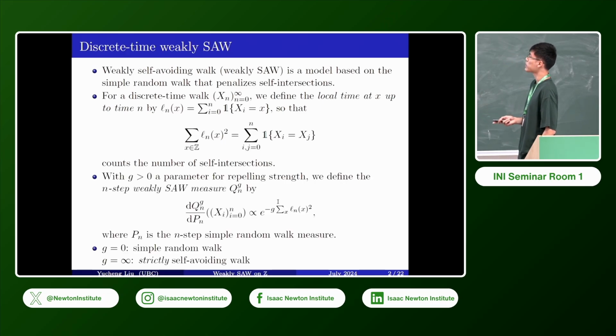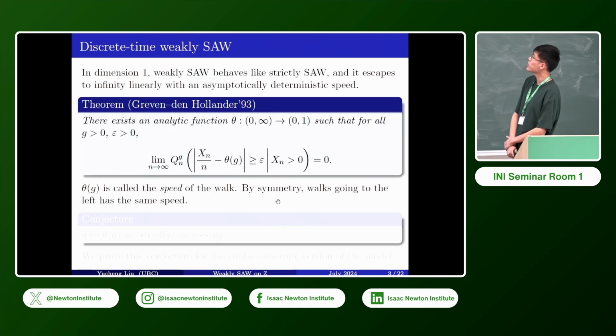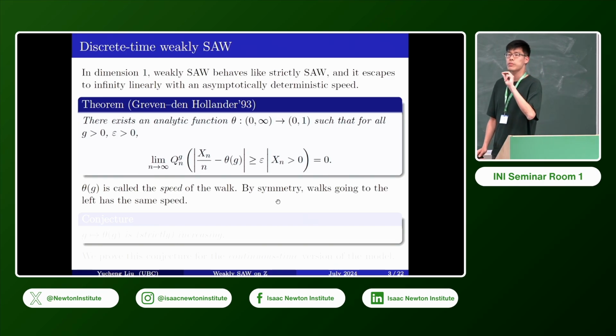So the definition will just be with a parameter g, that is the parameter for repelling strength. We define the weakly self-avoiding walk measure Q_{n,g} just by this derivative. dQ over dP_n should be proportional to exponential of minus g times the number of self-intersections, where P_n is the simple random walk measure. So this is a well-studied model. For g equals 0 it is the simple random walk, and for g equals infinity it is the strictly self-avoiding walk. So in dimension 1, once you turn on a little bit of self-intersection penalization, this model